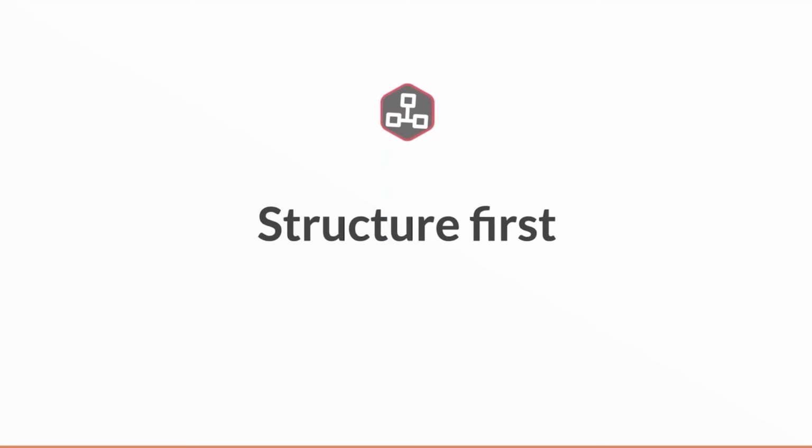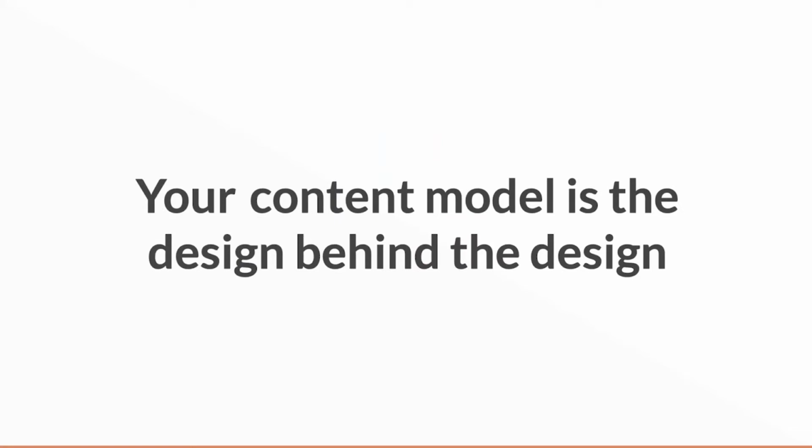Actually, the whole idea is to put structure first, define those things at the beginning, and then you've got a map for everybody to work off further down the line. It makes everyone's jobs further down the line much easier. That's the idea of structure first. I like this idea that your content model is the design behind the design. So lots of decisions are already evident by the time you get to, for example, interface design or build. They're inherent in the structure that you've created.